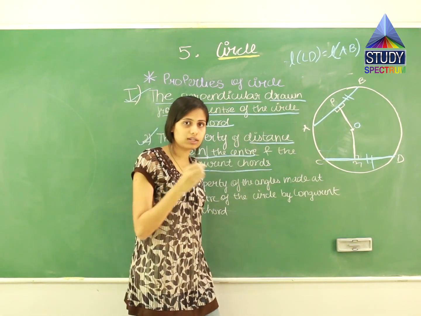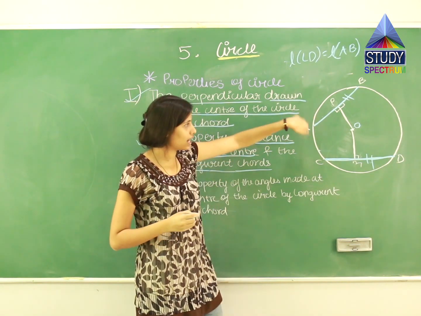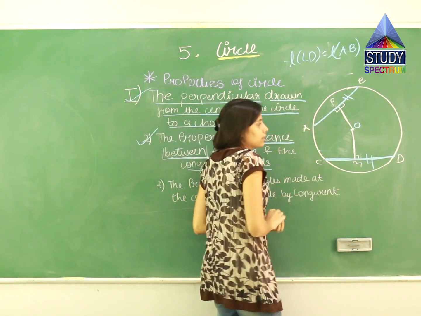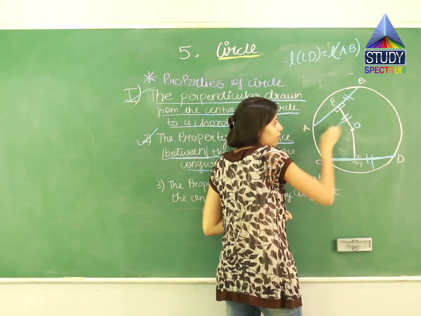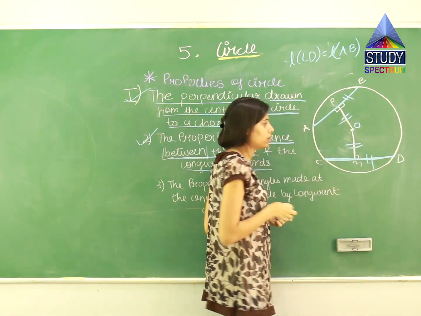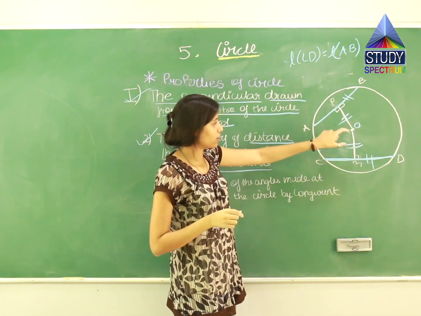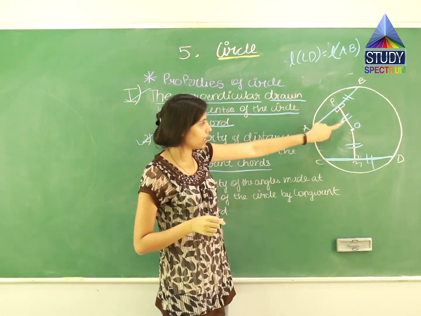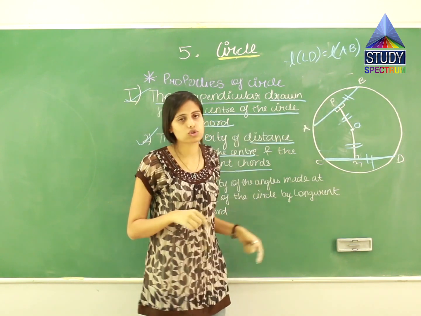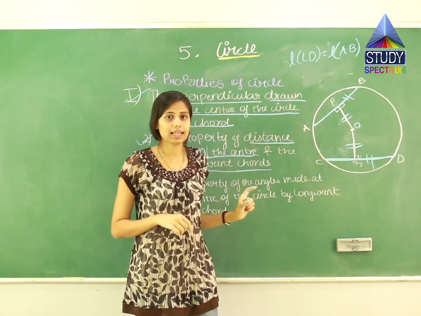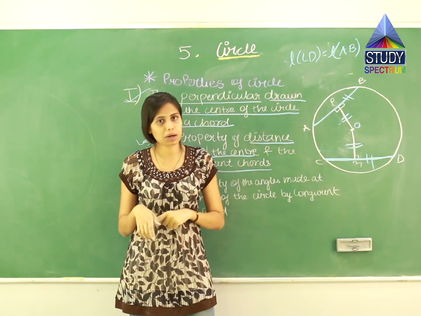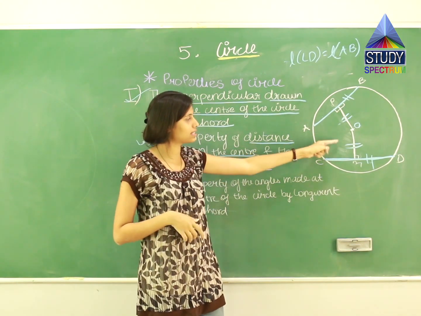Now what this property says is, ऐसा डायग्राम बनाने के बाद the length of OP will be equal to the length of OM. मतलब जो परपेंडिकुलर ड्रॉ किया है ना हमने सेंटर से लेकर कॉर्ड को ज्वाइंट करने वाला, उसका लेंथ और जो दूसरे कॉर्ड को दूसरा जो परपेंडिकुलर ज्वाइंट करता है उन दोनों का लेंथ सेम होगा.